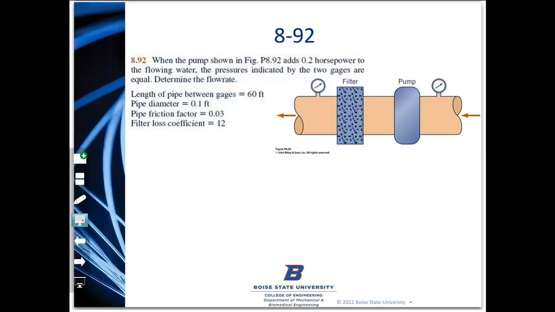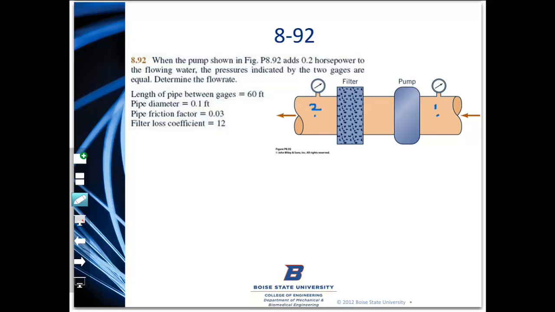We are asked to determine the flow rate. And you're given a bunch of information here: length of the pipe between the gauges, pipe diameter, pipe friction factor, filter loss coefficient. Okay, again, as we have been doing, if we are interested to do something like this, we probably would like to identify a couple of points here to apply the